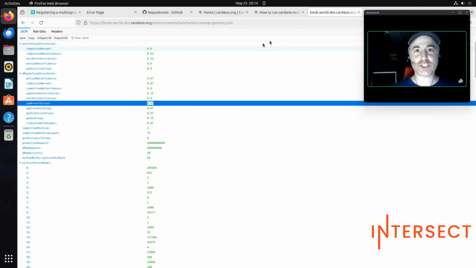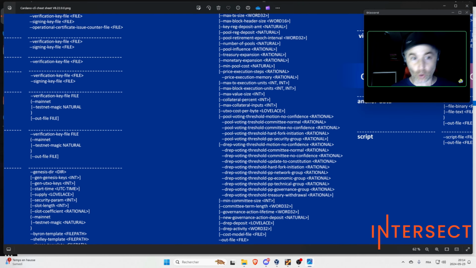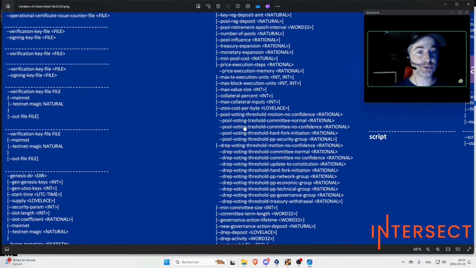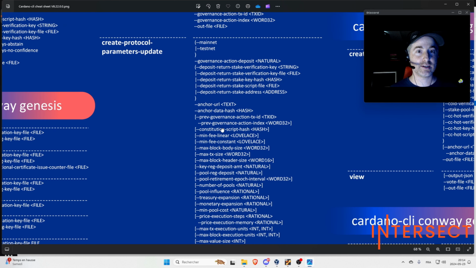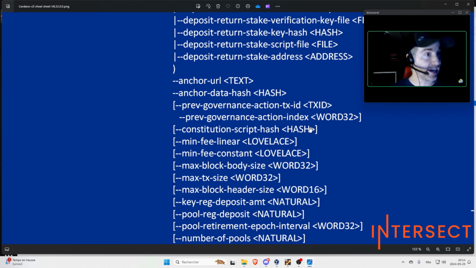I try to submit it on chain, but by building my governance action, I'm forced to use the constitution script hash inside it. Then on submission, if that doesn't respect the guardrails written in the constitution script hash, which is the hash of the smart contract, then I will not be able to submit it. It won't even get on chain